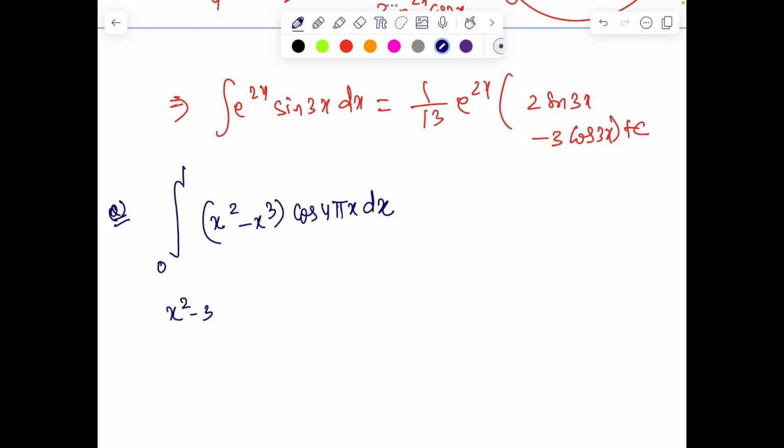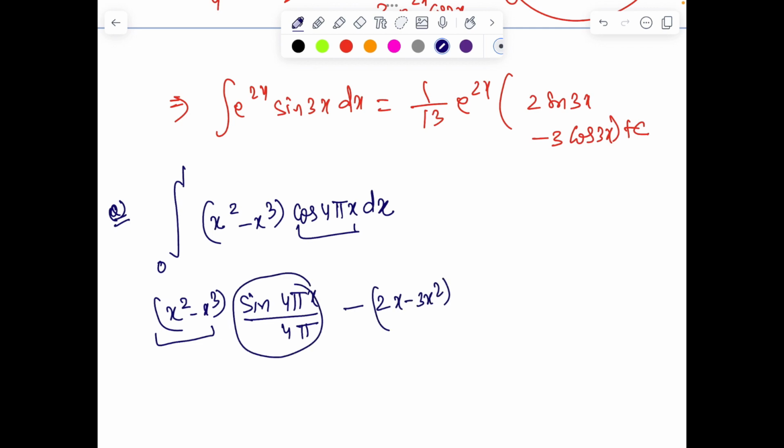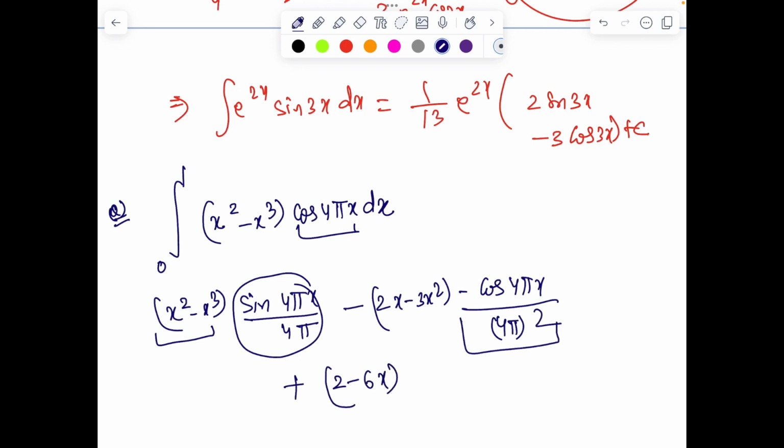So I can leave x square minus x cube, integrate the cos part, so that's going to give me sine 4 pi x over 4 pi, minus 2x minus 3x square into the integration of this, which is going to be minus cos 4 pi x by 4 pi whole square. Then we have plus 2 minus 6x, integration of this part together with minus sine 4 pi x by 4 pi whole cube,